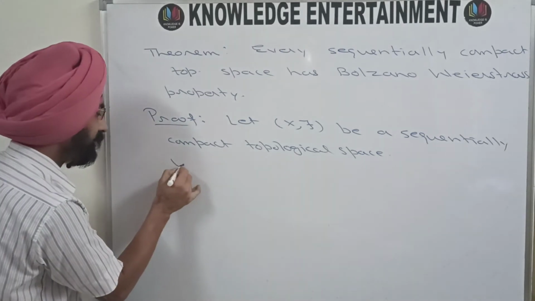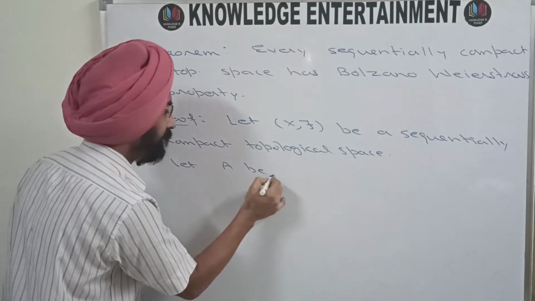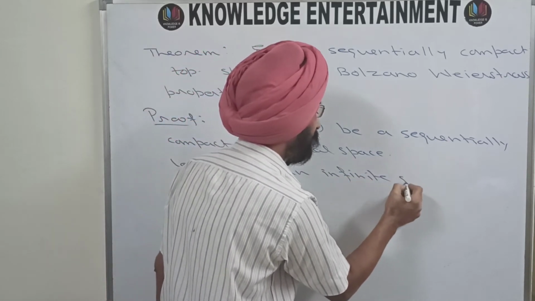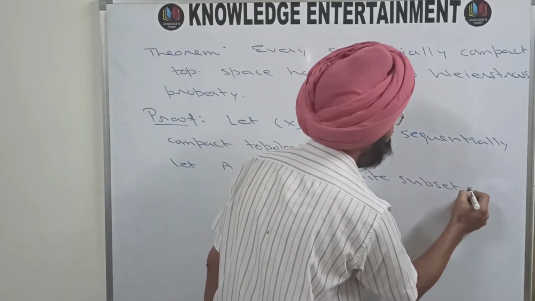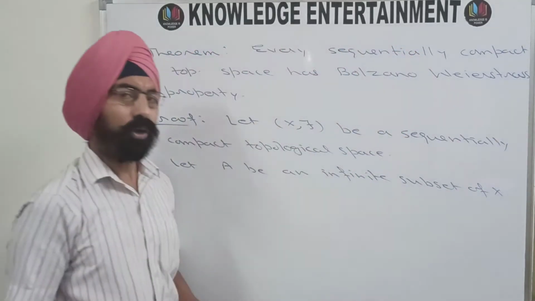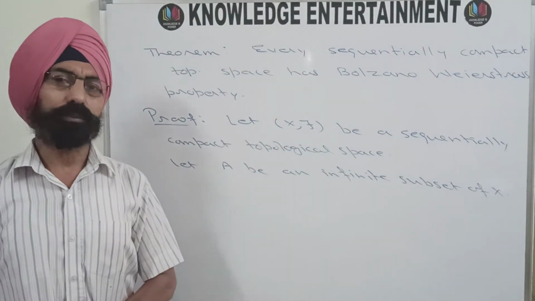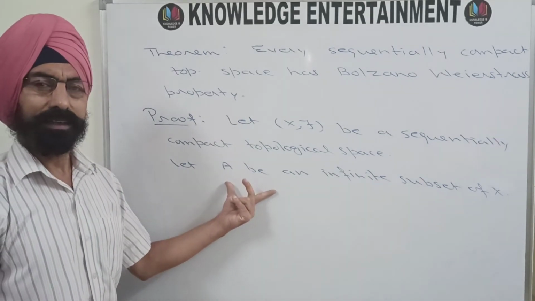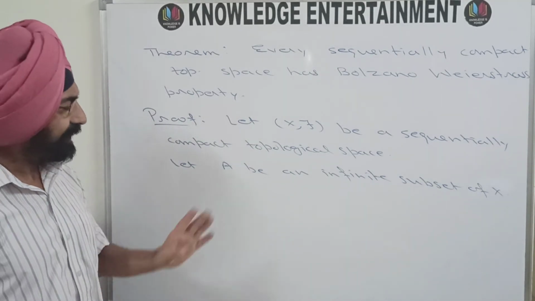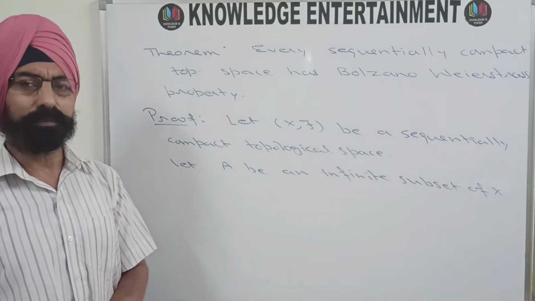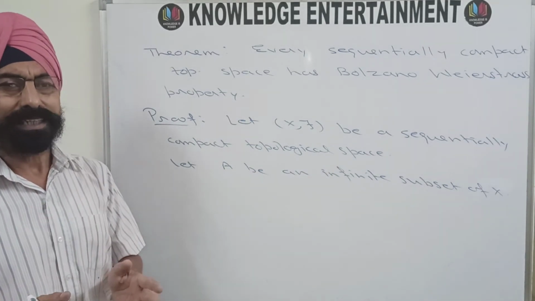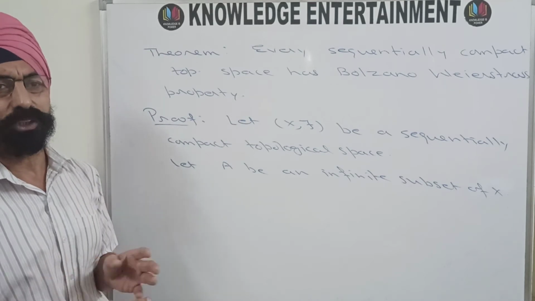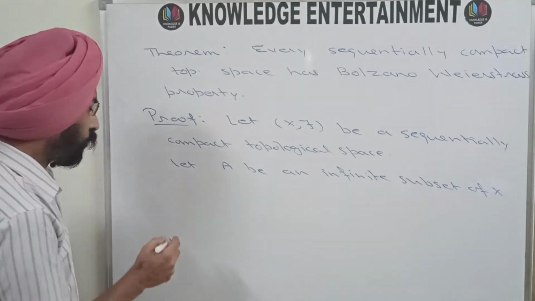And let A be an infinite subset of X. Now to show that this space has the Bolzano-Weierstrass property, we will show that this A has a limit point. Since A is an infinite subset, we can construct a sequence of distinct points using the points of A. So let